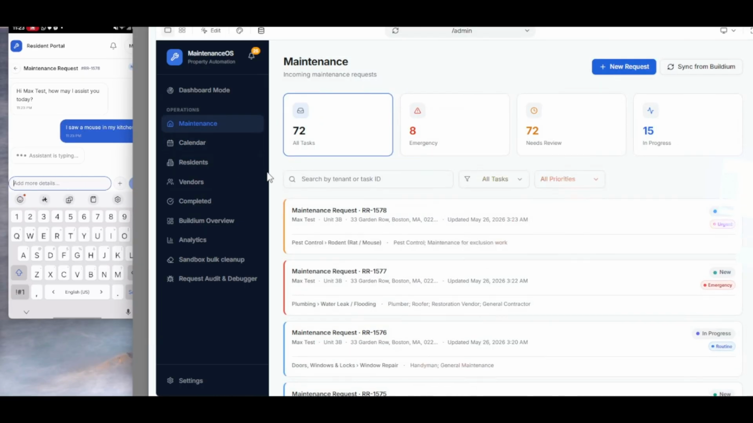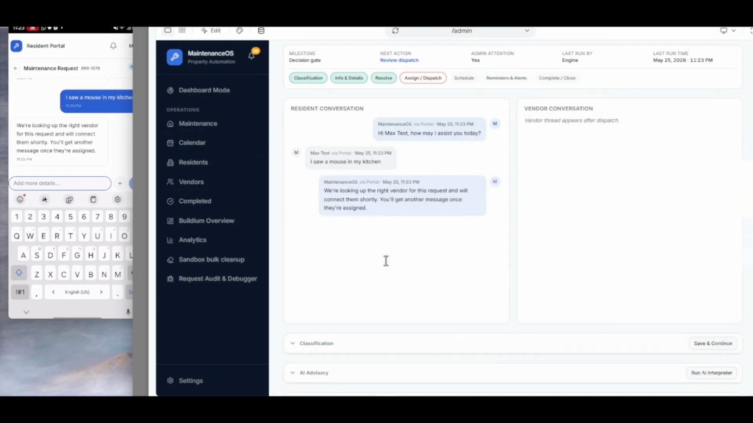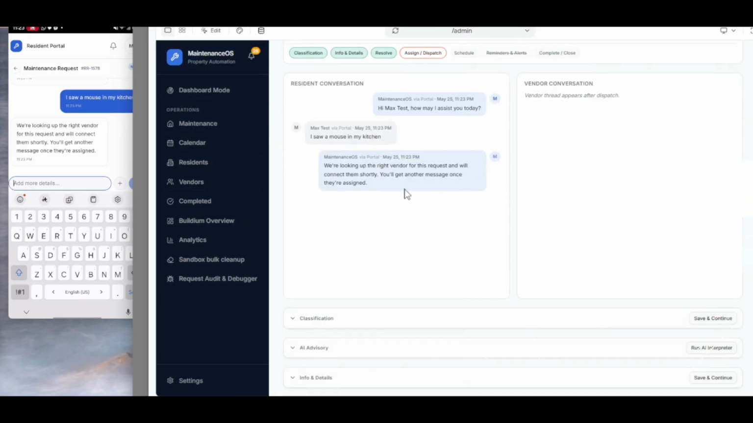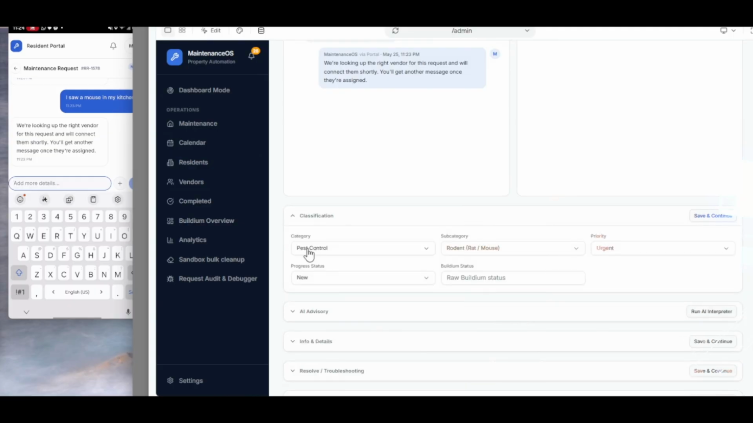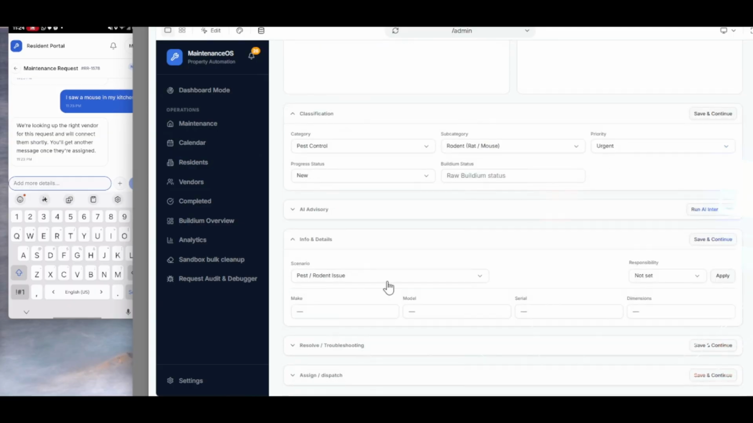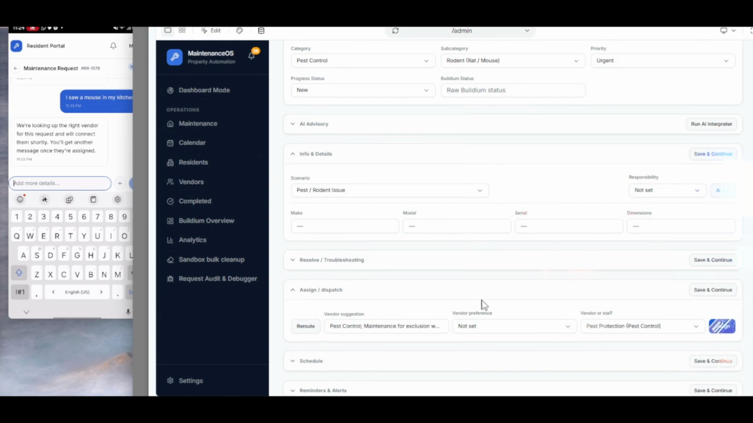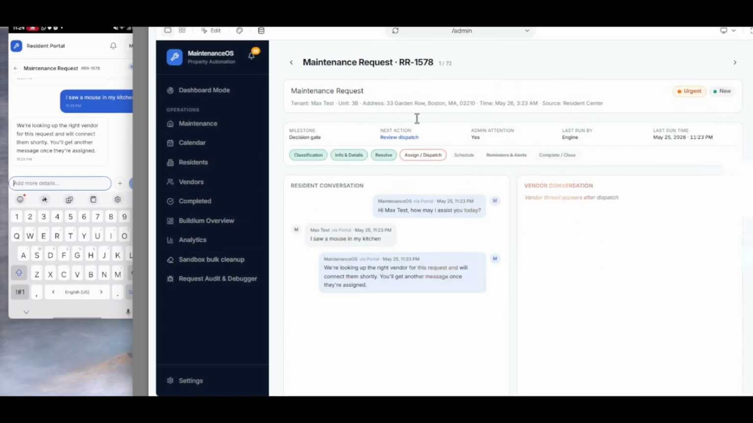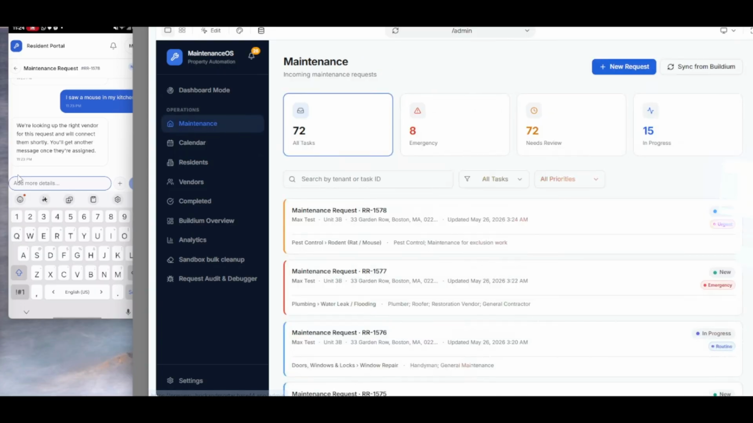So, anyways, I saw a mouse in my kitchen. It's basically looking on the right at the request. It classified it as pest control rodent urgent, pest control rodent issue, and pest control will be assigned on auto or when you manually assign. This is not going through the whole process of what happens next once assigned in all these different scenarios. But like I said, we just do this test. We'll do this one. We got one more,